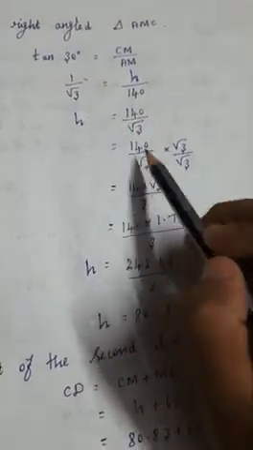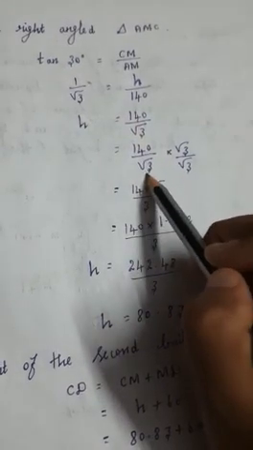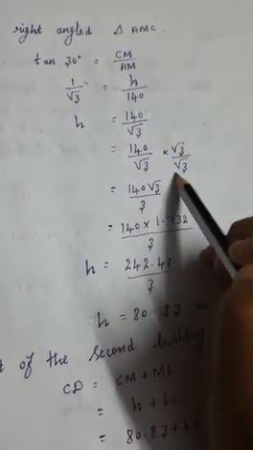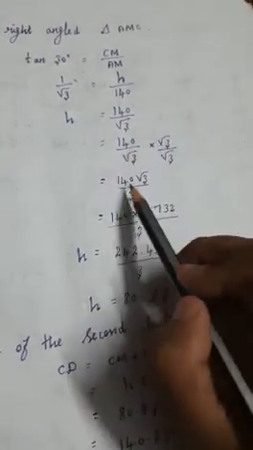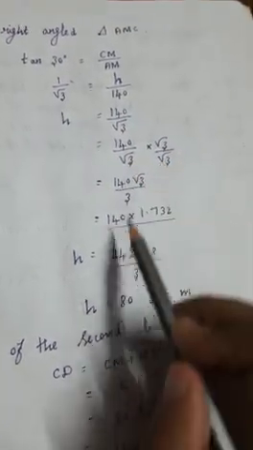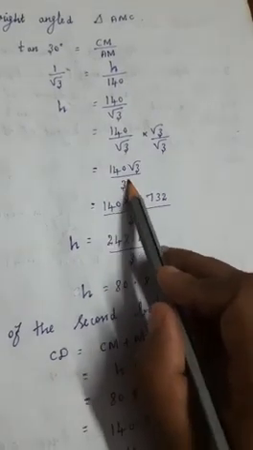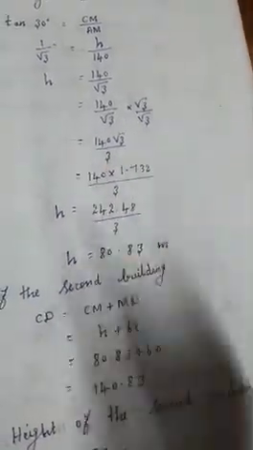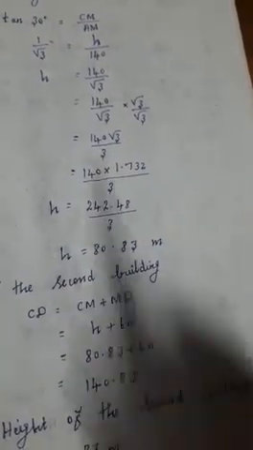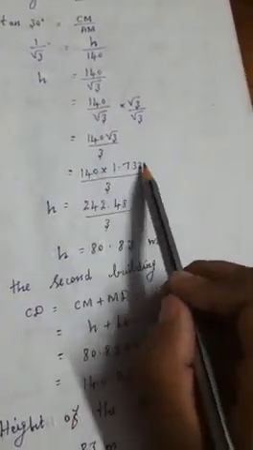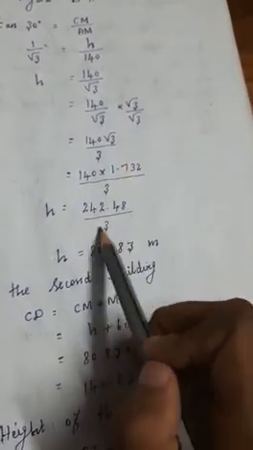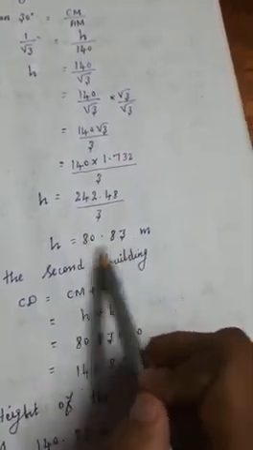So 140 divided by root 3. Here root 3 is an irrational number. This number only we are going to multiply and divide, so root 3 divided by root 3. So 140 root 3 divided by root 3 into root 3, and you know that value is 3. Now in this denominator you have the whole number. The root 3 value in our question they have given as 1.732. So 140 into 1.732 divided by 3. Then height is equal to this; multiply this and this, and divide by 3. If you divide, you will get the height answer.